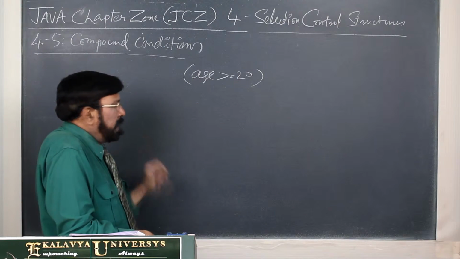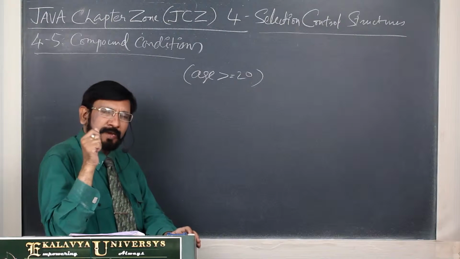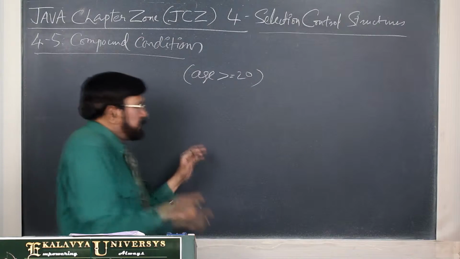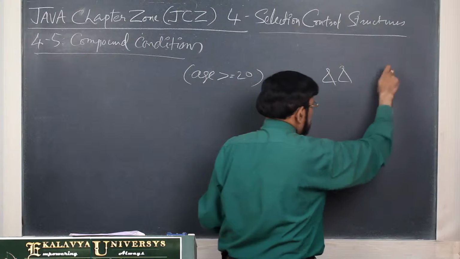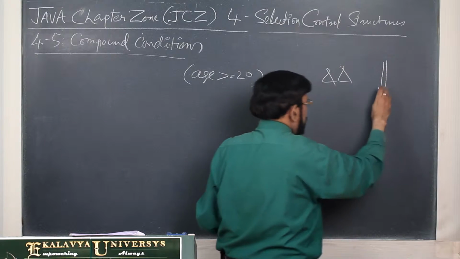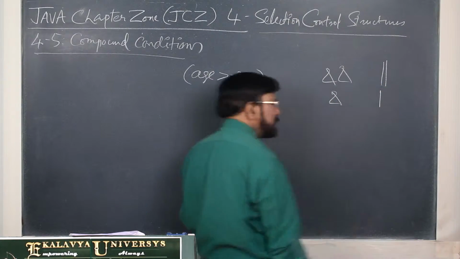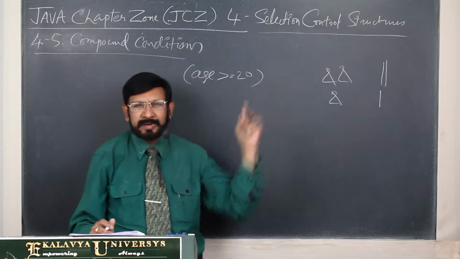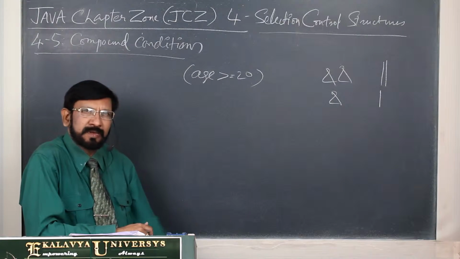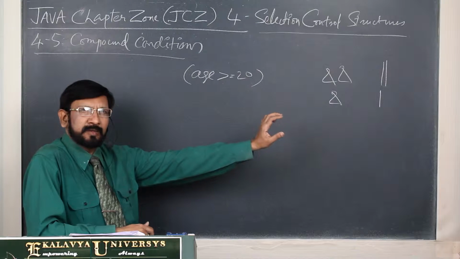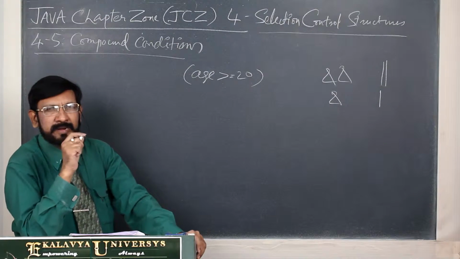And sometimes it is complex. Then we have to define compound conditions. For that purpose, we may use either conditional logical AND or conditional logical OR, Boolean logical AND or Boolean logical OR. While writing these statements, you should be very careful. You have to think twice. If you commit any mistake, it may not be a syntax error, it is a logical error.